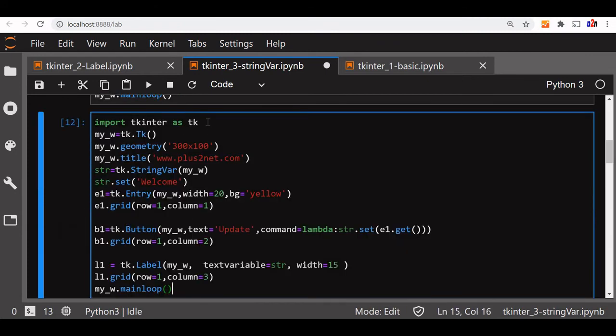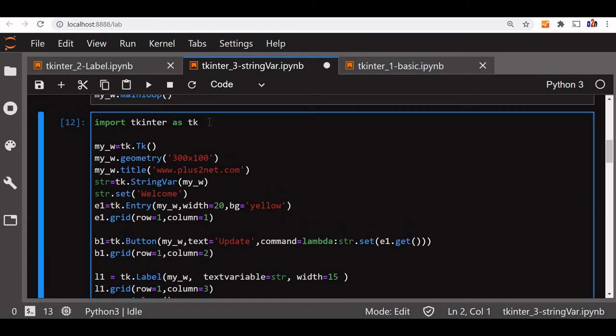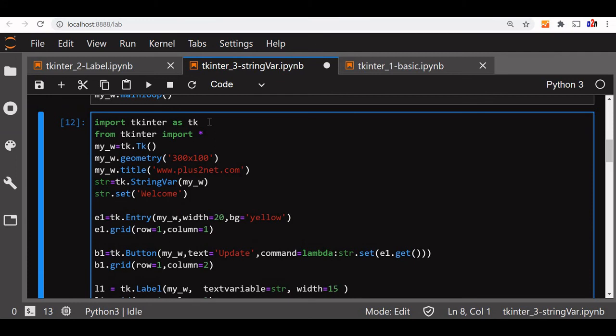Now we'll add one more line here. We'll say from tkinter import star, all modules, because END will be used here. Now coming back here, after this we define a function, def my_update.